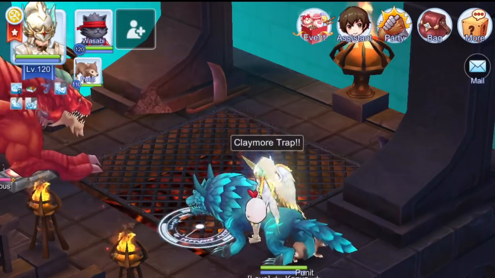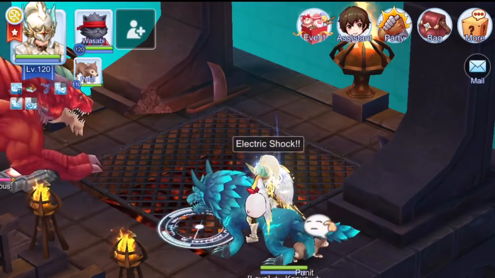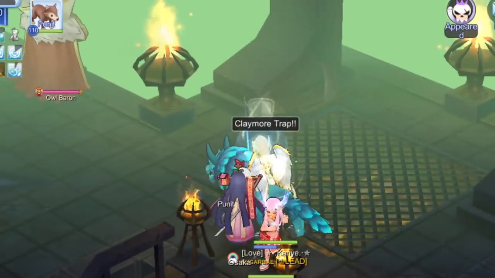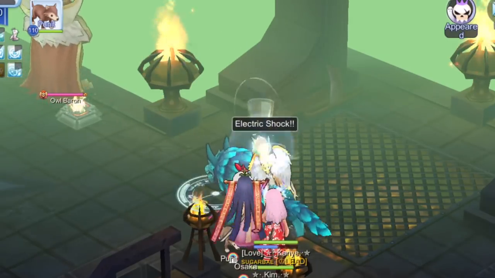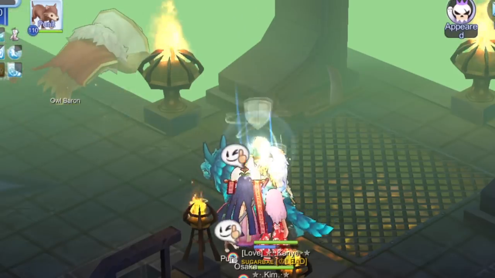This is because you only have a few seconds before Detonator expires. You can put a maximum of 12 traps, but it will take a longer period of time. For me, the maximum traps I place is 4 Claimer Trap, 2 Electric Shock, and 2 Landmine. Once all traps are placed, cast Exceed Break Self-Buff, and then tap Detonator again for the traps to explode and